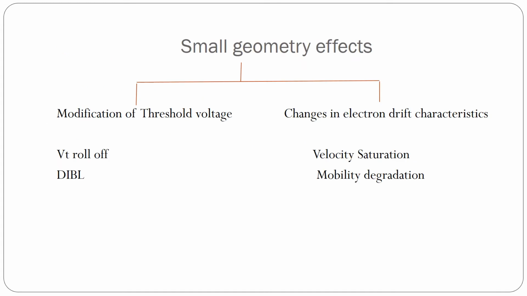So what is small geometry effect? As the device dimensions have been reduced, the Shockley model of the current voltage characteristic of a device has become inaccurate. According to the one-dimensional gradual channel approximation, the lateral and vertical electric field components do not interact within the MOS device. Thus, the voltage within the channel from the source to drain varies independently of the perpendicular voltage from the gate to substrate. This assumption enables a device to be modeled with a simple one-dimensional equation and is relatively accurate for long channel transistors.